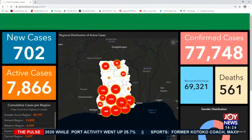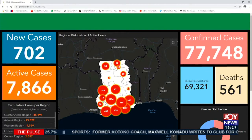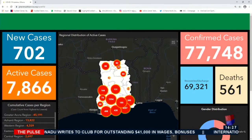Take a look at the country's COVID-19 situation. I want to take an update from the Ghana Health Service platform. So there you have it. Our new cases, 702. This is as of 13th of February, 702. Those are the new cases we're looking at. But the active cases as we speak,